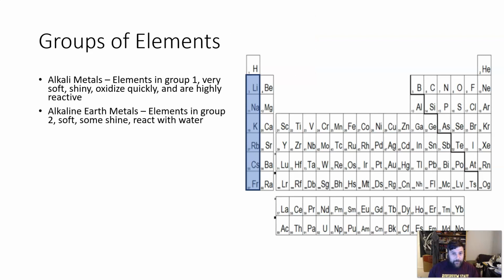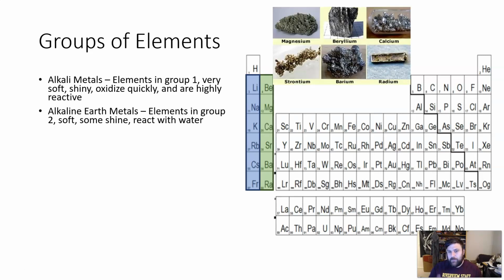The next group of elements that we're going to look at is the other 2 elements that I experimented with, the alkaline earth metals, which is the next column over. These are the elements of group 2. So, the alkaline earth metals,